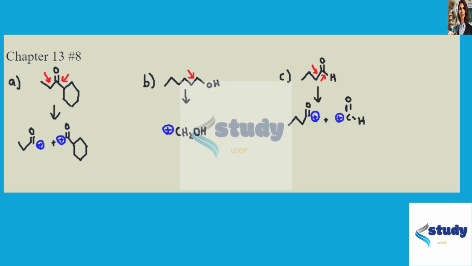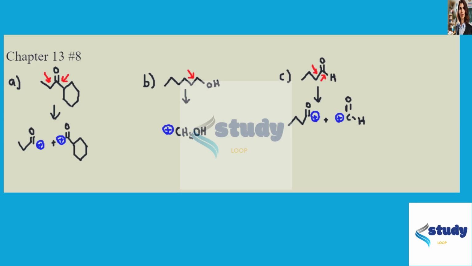This is the answer to Chapter 13, Problem number 8 from the Smith Organic Chemistry textbook. And this problem is giving us three molecules and asking us to identify the cations that will be formed from alpha cleavage of these molecules